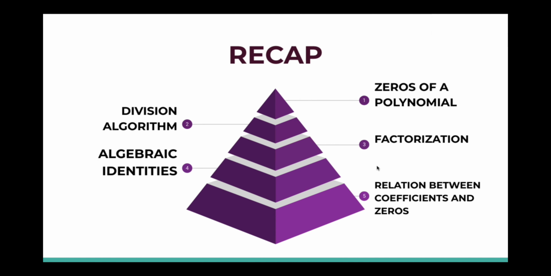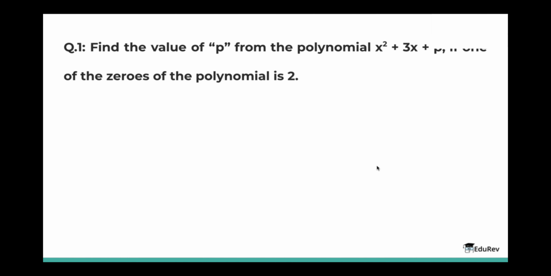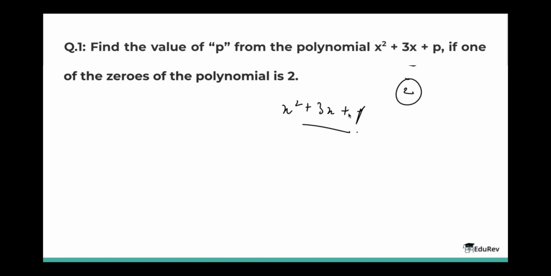So let's move further in our journey to decode the topic polynomials. We will today solve the numericals to wrap the chapter on a strong note. Question 1. Find the value of p from polynomial x square plus 3x plus p, if one of the zeros of the polynomial is 2. So one of the zeros of the polynomial is given and that